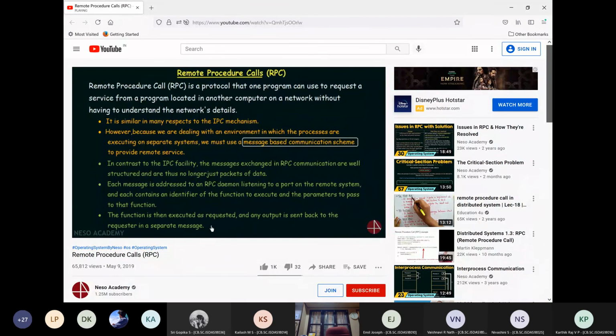So let's take the example of a simple function in programming again. What happens when we call a function? We pass the parameters, the function gets executed, and after execution, if there is anything to be returned, it will be returned. And where will it be returned? It will be returned to the place where the function was called. So in case of our RPC, who called the function or the service? It is the first process, or the client. So after the function is executed,